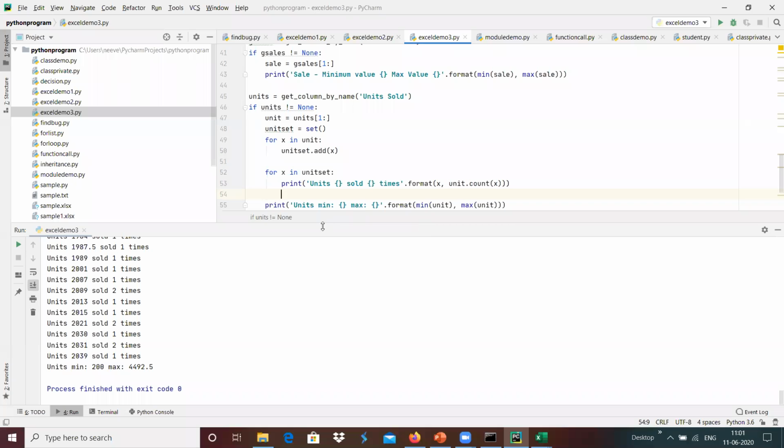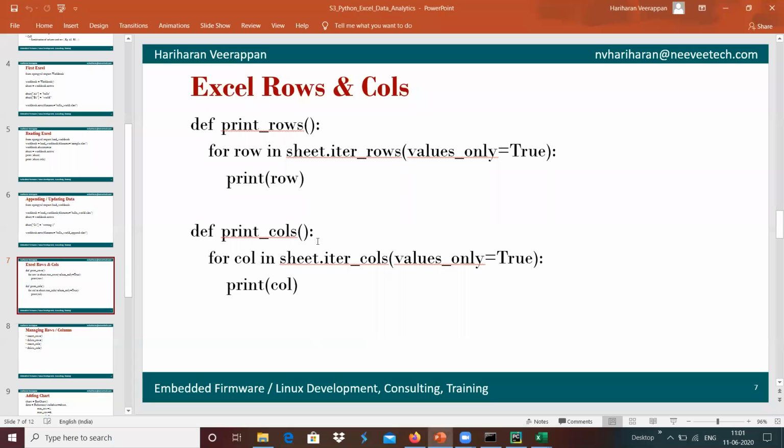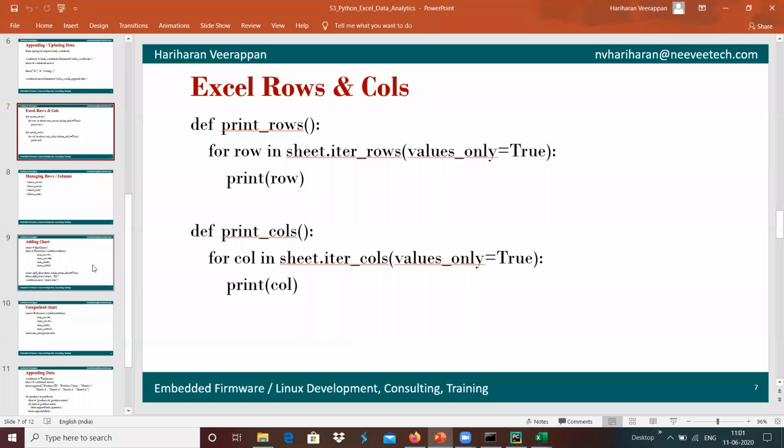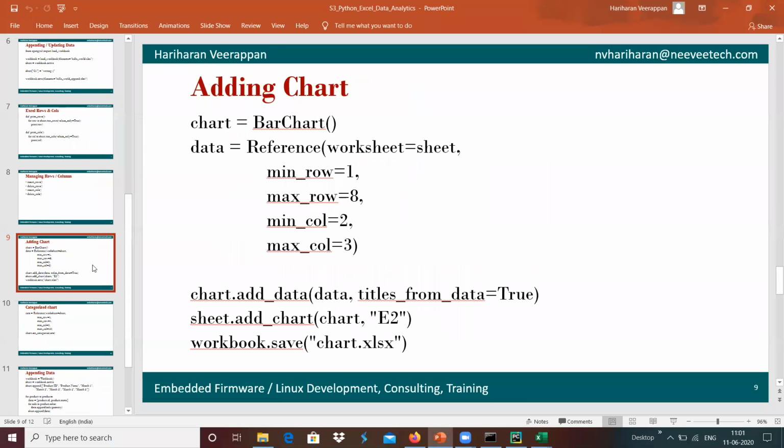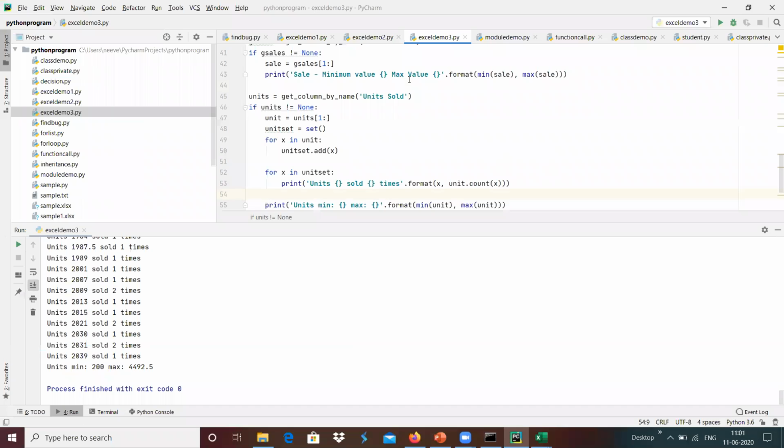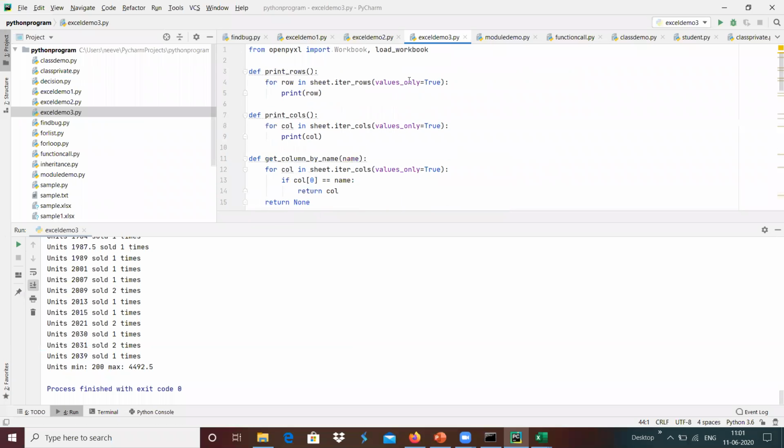And in a similar way, once we are done, suppose this provides some kind of analysis of the information over here. Once we are done, maybe we can create a chart with the data. For that, I'm going to update a new one over here, and in order to create it, I'm going to create a new Excel sheet over here.